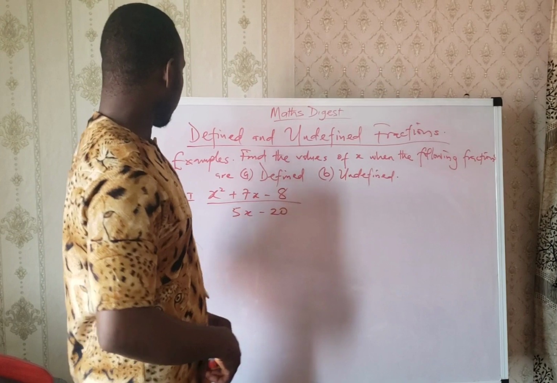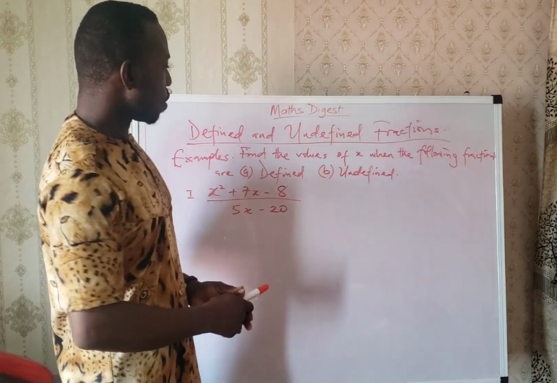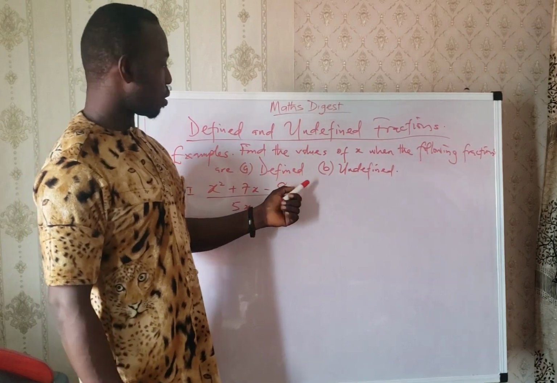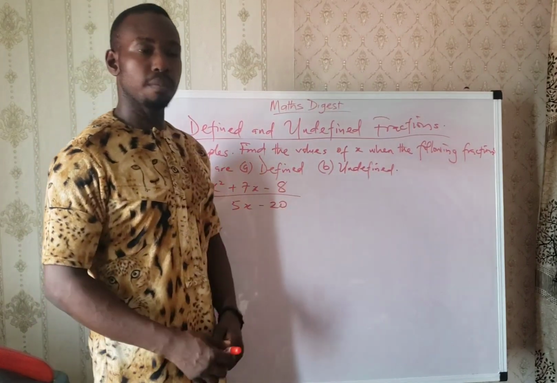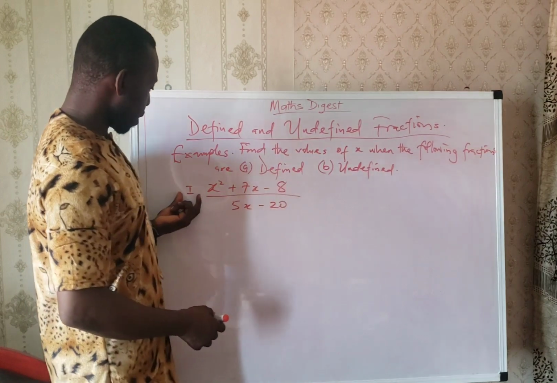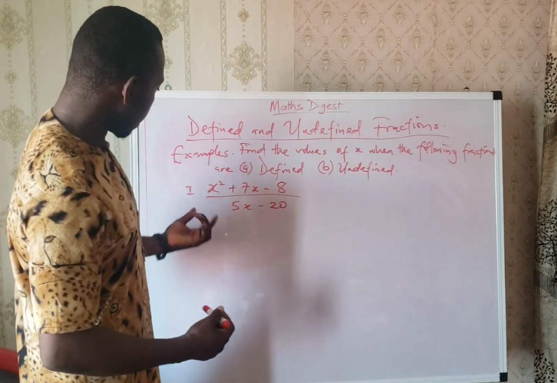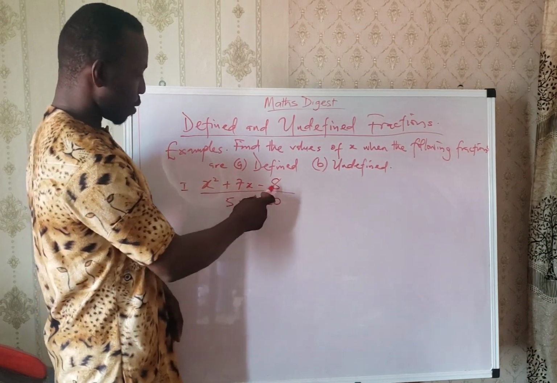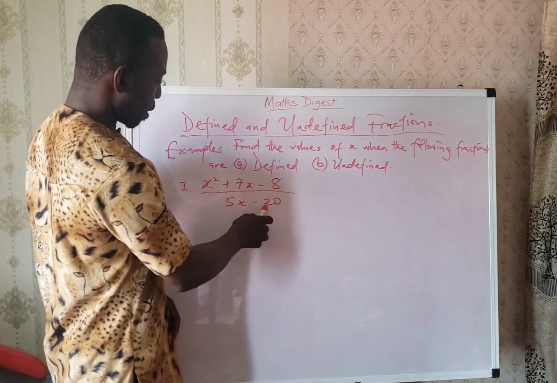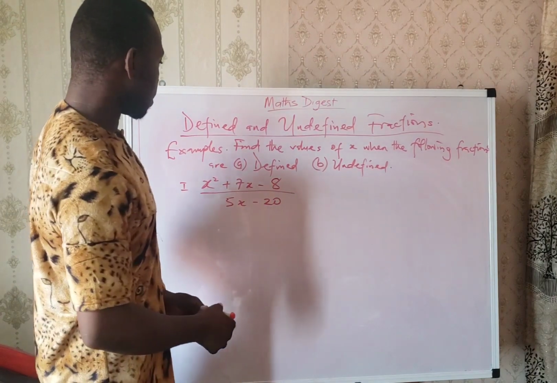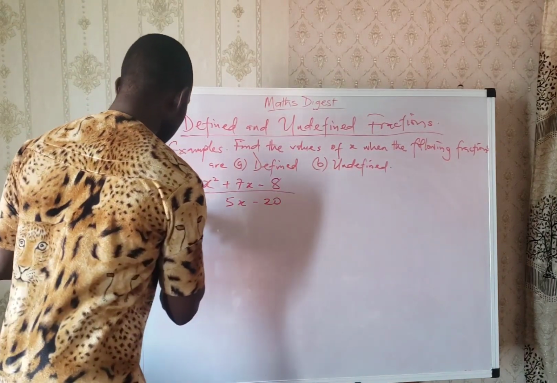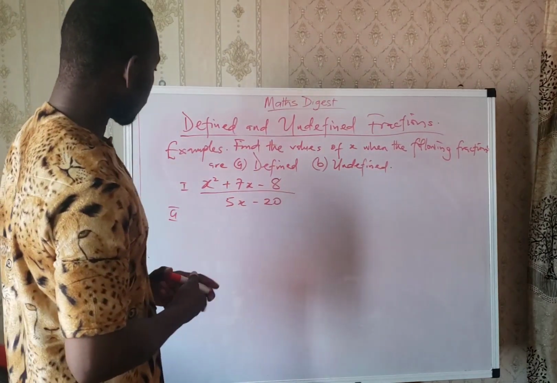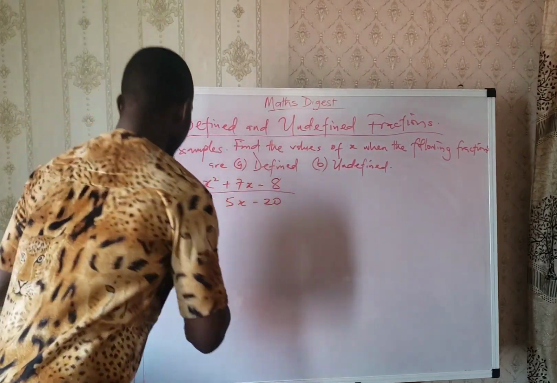Okay, welcome back. Example: find the value of x when the following fractions are defined, or equal to 0, and undefined. Now we look at this particular example: x raised to power 2 plus 7x minus 8 all over 5x minus 20. Looking at this, the first one says when it's defined or equal to 0. For the numerator, we have